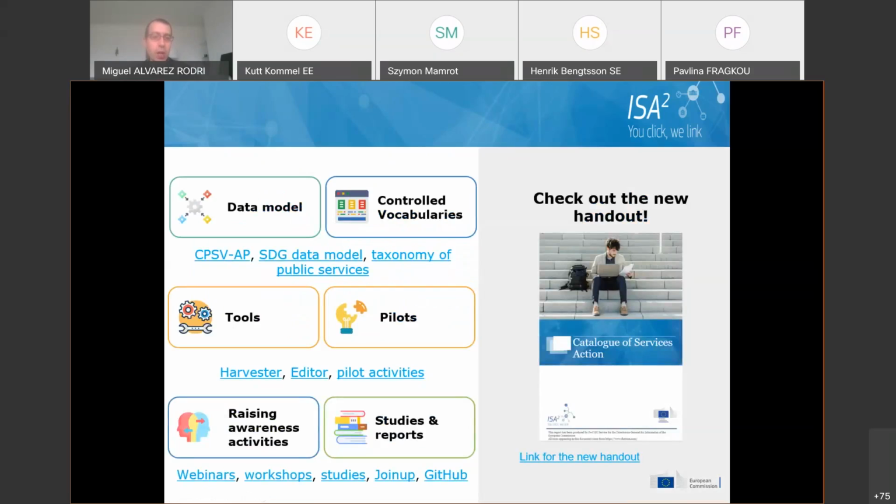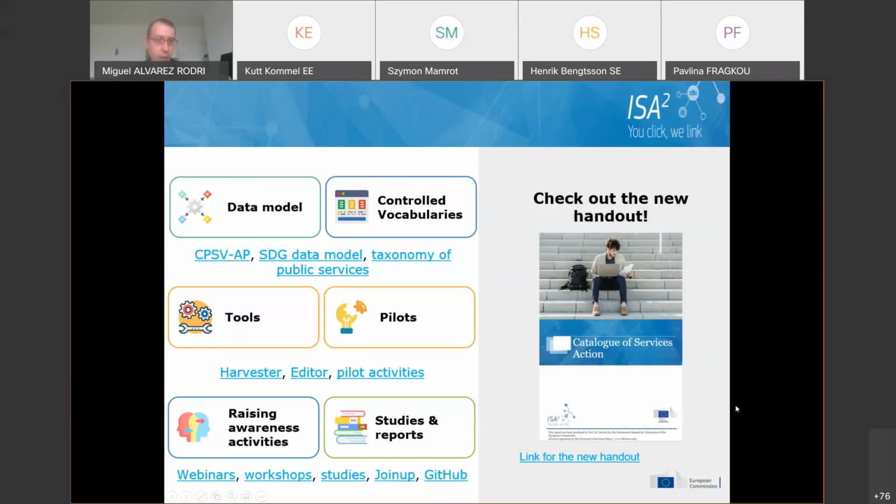So basically as tools at the top of the slide, we can see as major tools, we have a set of specifications, basically the CPSV AP plus the control vocabularies. We worked with some of you last year on an initial taxonomy to classify public services at EU level with different angles and perspectives. We started also some initial works with some of you on tailoring the CPSV AP to the business needs, especially of Article 10 of the Single Digital Gateway Regulation, the so-called SDG data model. And we have, on top of that, these control vocabularies I mentioned earlier on, that will be discussed in a